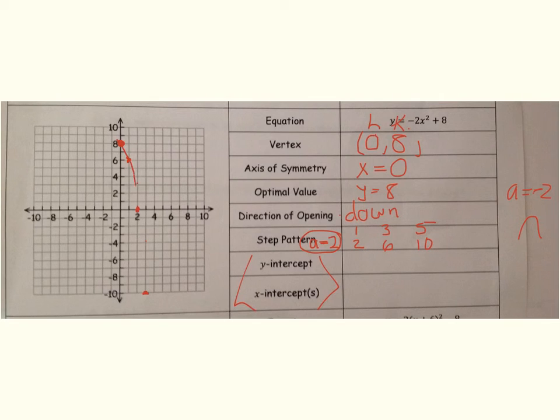And then I can connect that through. And then I can do that going left: 1, down 2, over 1, down 6, over 1, down 10. And there we have our